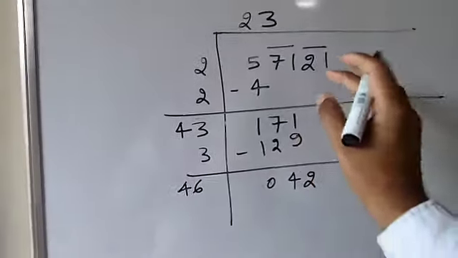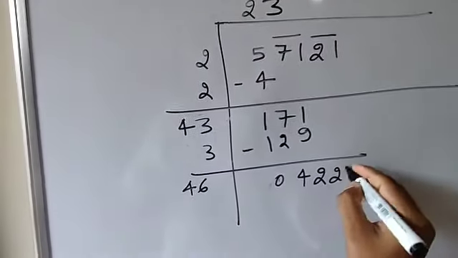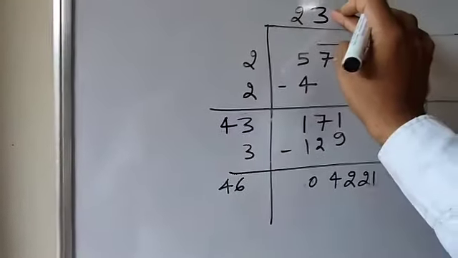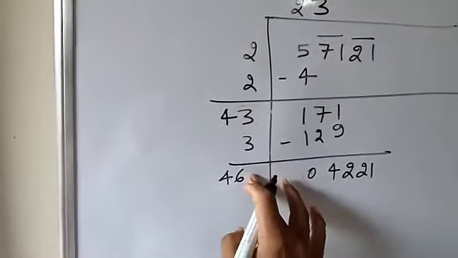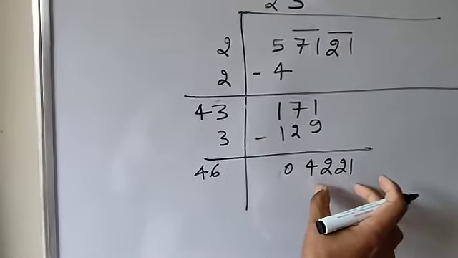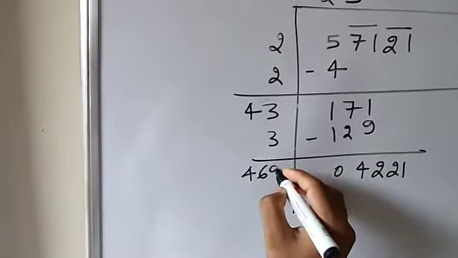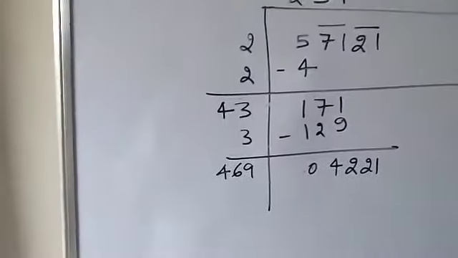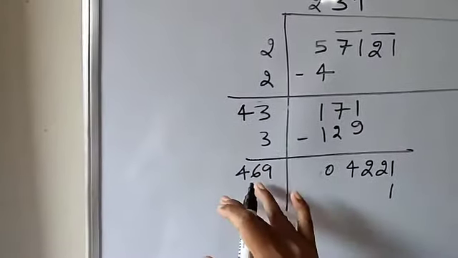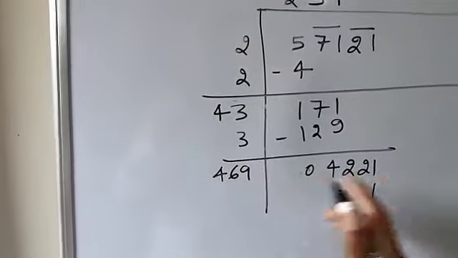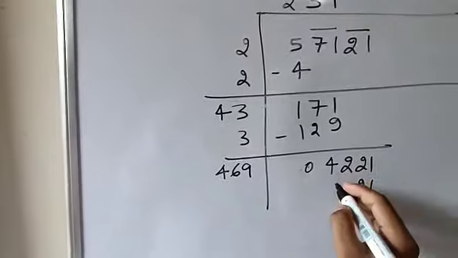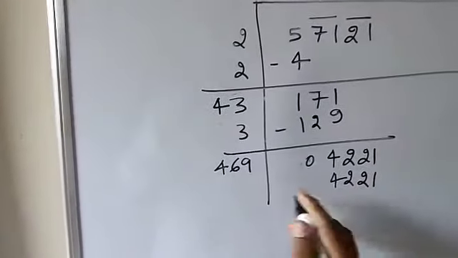Now after this, what the number you will put here, that is 21. Now again you will put a number here, the same number will be kept here, and whatever number you are going to keep here, by the same number it should be multiplied, and that should be either equal to this or a little bit less than this. So if I am going to put 9 here, then 9 will be kept here. Then 9 9s are 81, 9 6s are 54, 54 plus 8 is 62, then 9 4s are 36, and 6 is 42. Now here it is exactly equal to this.